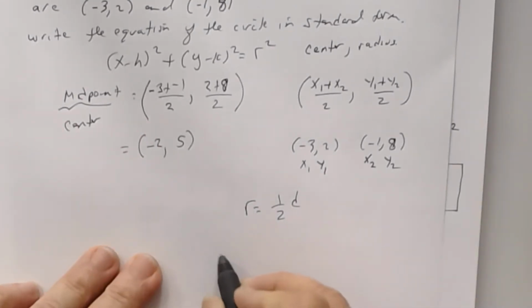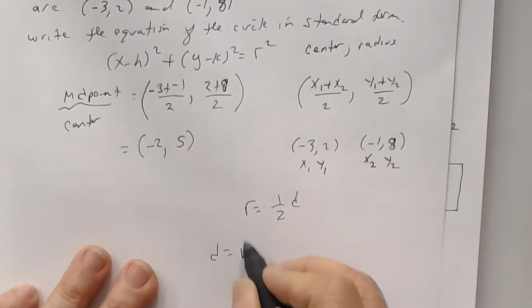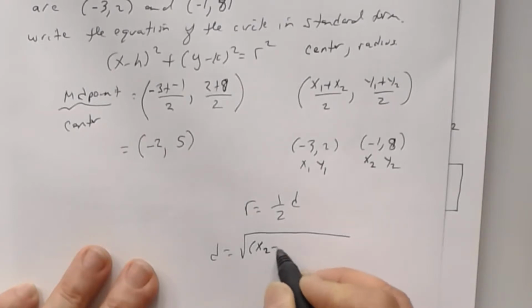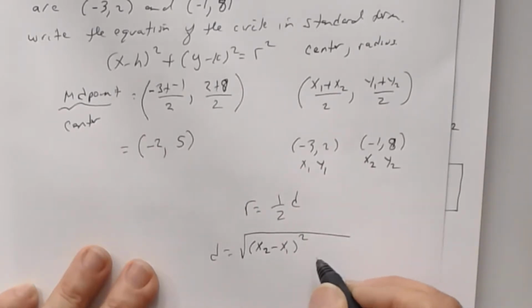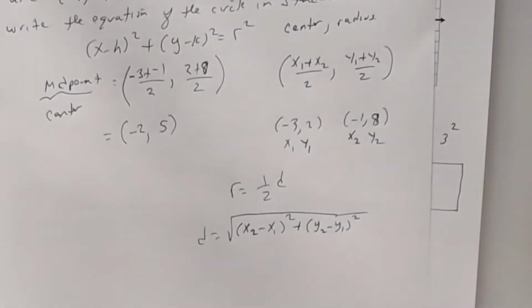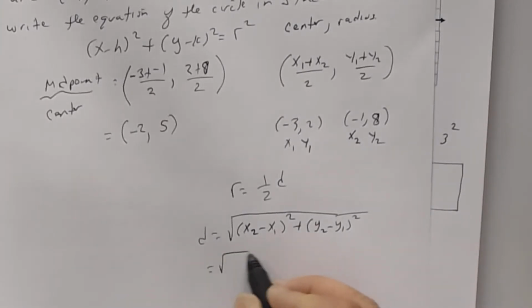So the distance formula is what? Square root of (x2 minus x1) squared. You subtract your x coordinates from each other and square them, plus you subtract your y coordinates from each other and square. So that's your distance formula. All you do now is just plug in. Let's find the length of the diameter. So we're going to say the square root of,